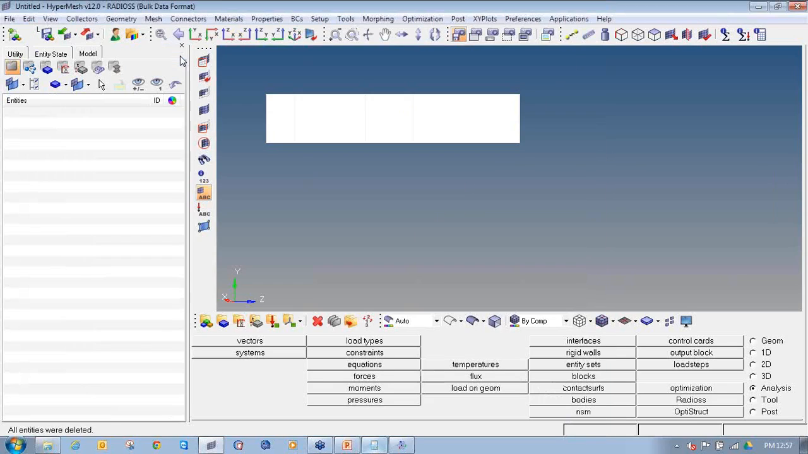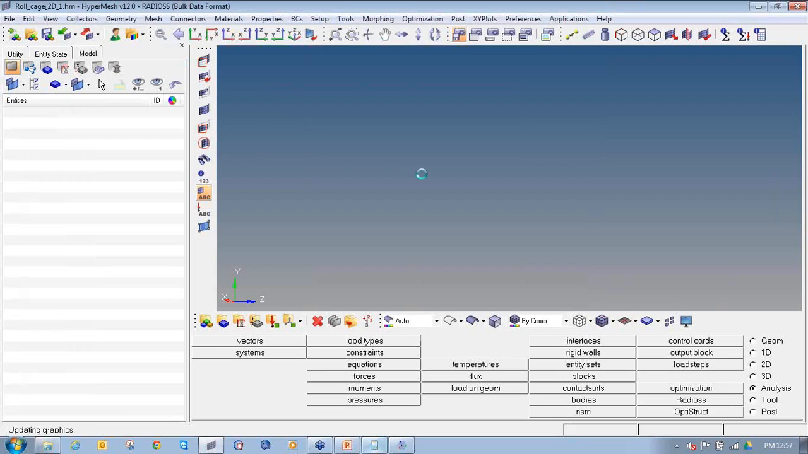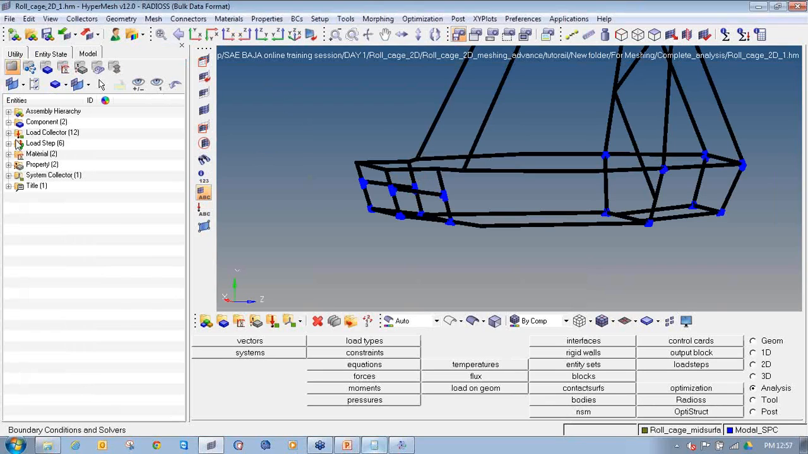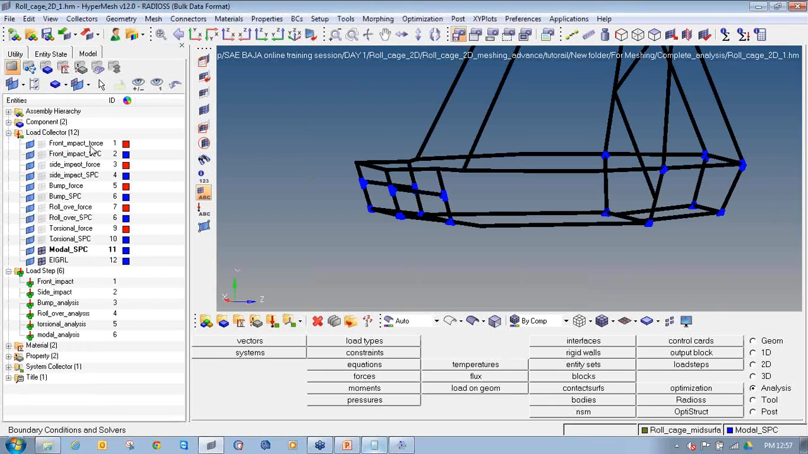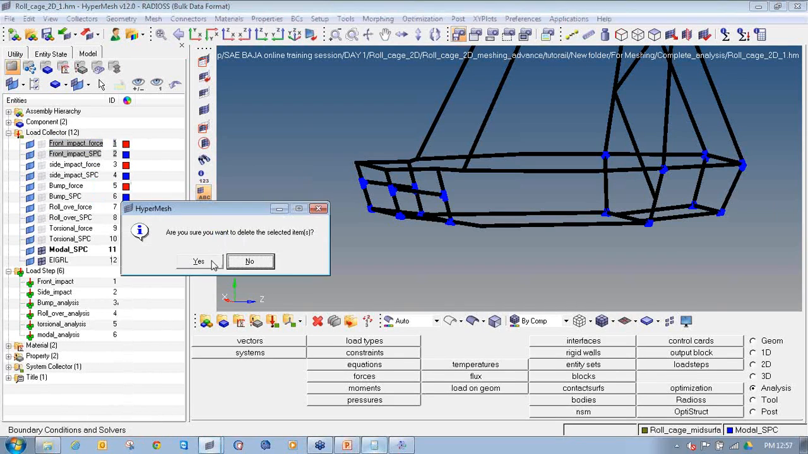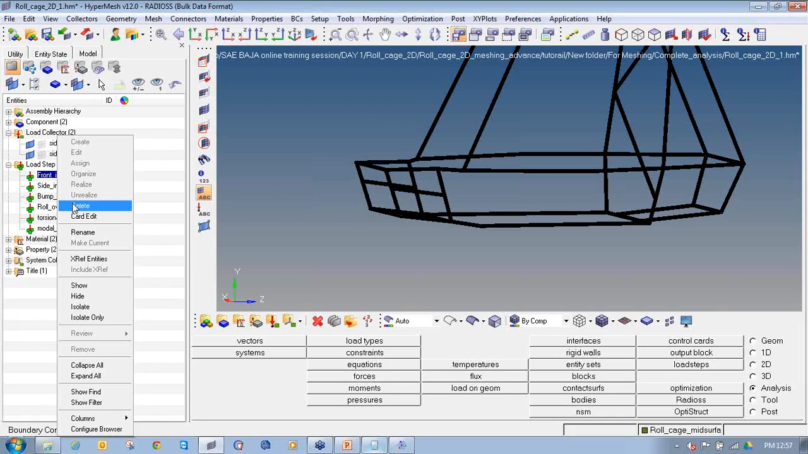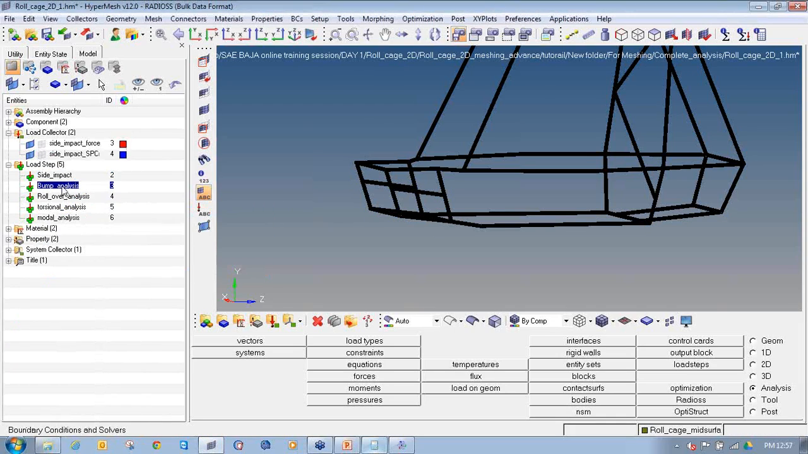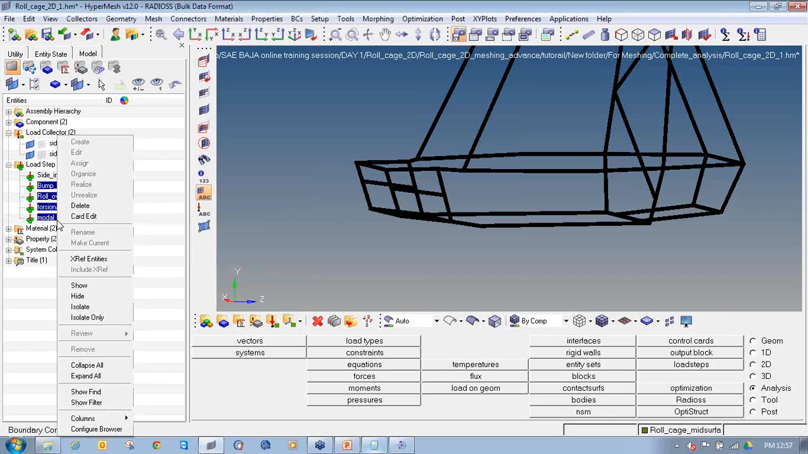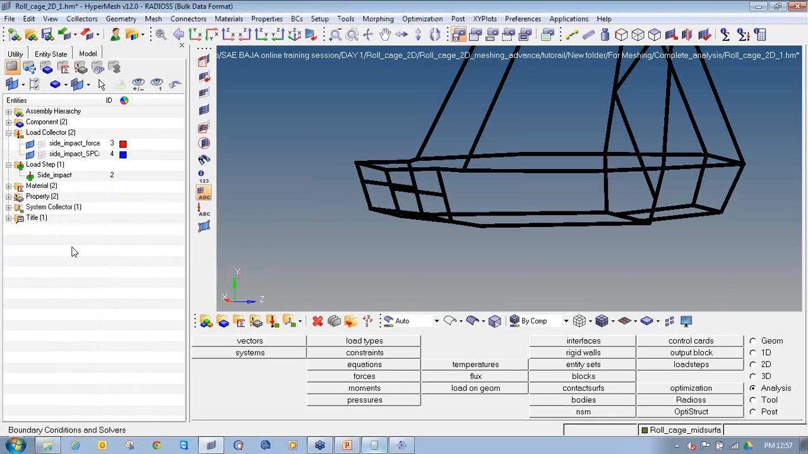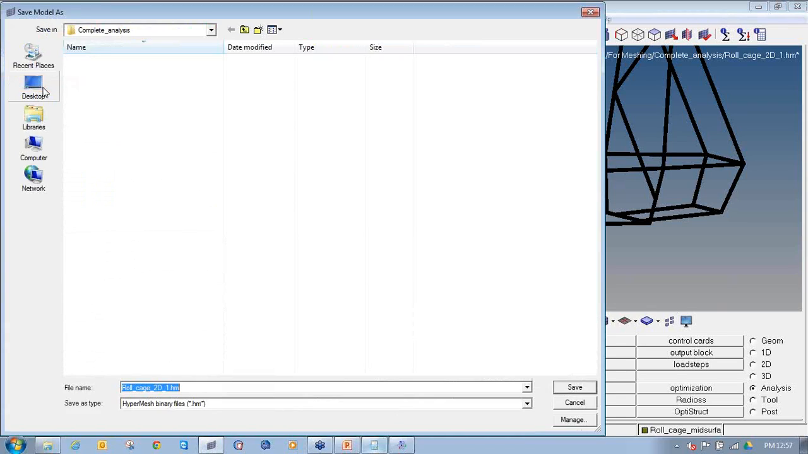Again go to complete analysis, open that HM file. Then delete these front impact forces. Delete from here to here the side impact forces. Delete the front impact load collector. Delete these load collectors and save this file